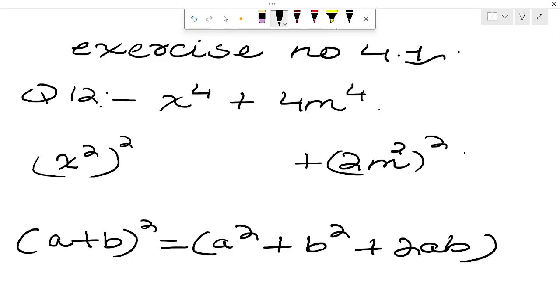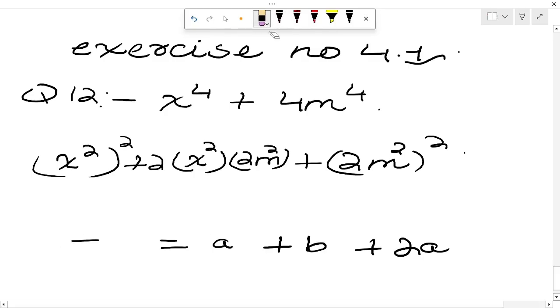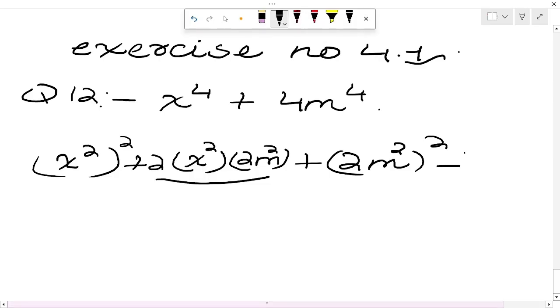So what will be the 2 times of these two? So we will write 2 bracket x square, then we will write bracket closed and 2m square. So as you can see, 2 twos are 4, 4xm square. Now I have written this, I have simplified this into the a plus b whole square formula. But what do I need to do next? I need 4 terms, but currently I only have 3. So I will subtract from this 2ab. So it results in 4mx